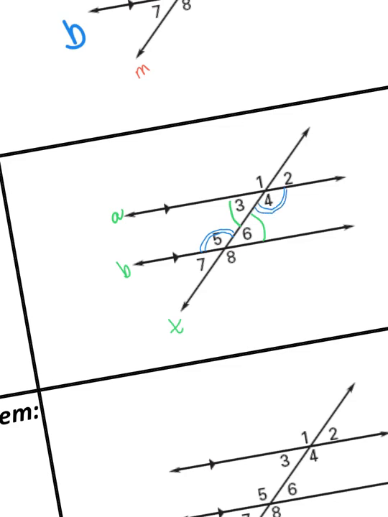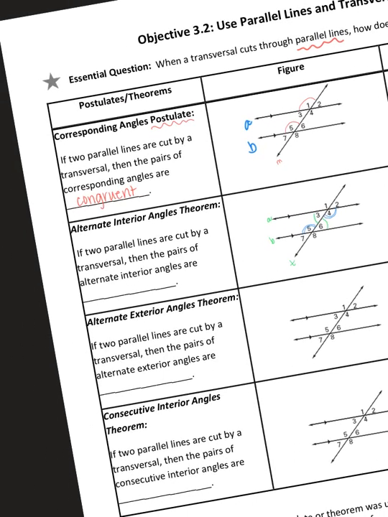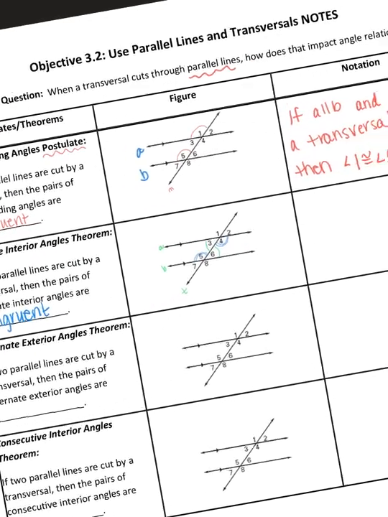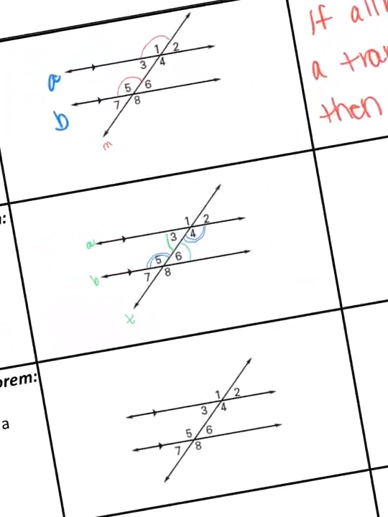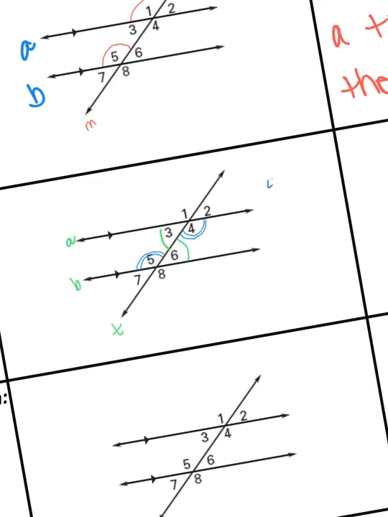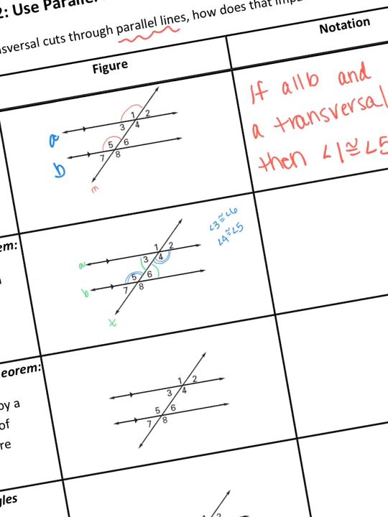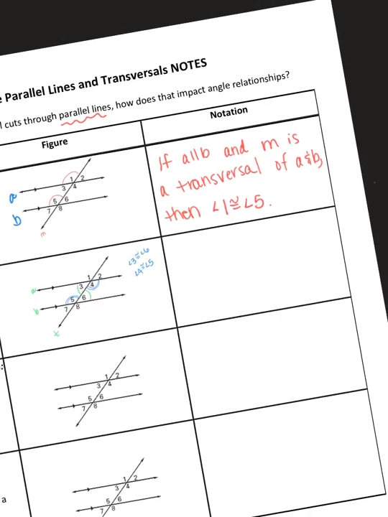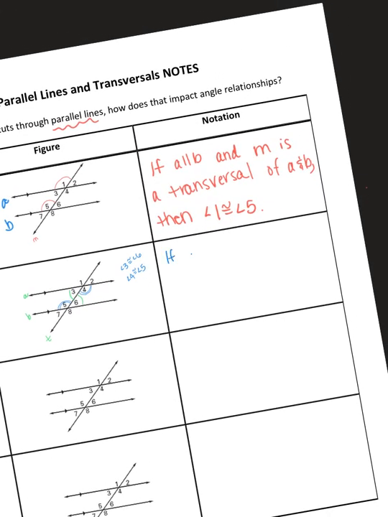Okay, and that is because alternate interior angles are congruent. All right, so we can make the conclusion that they are congruent. And we see that in our picture. So angle 3 is congruent to angle 6, and angle 4 is congruent to angle 5, and that's because A and B are parallel. So again, for our notation, we're going to say if A is parallel to B